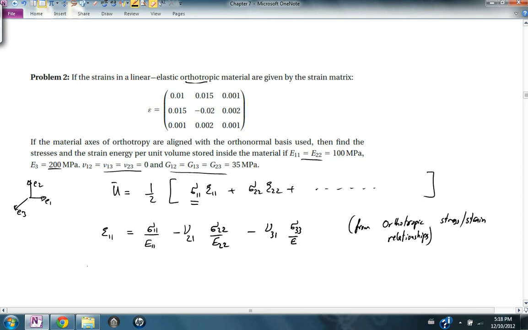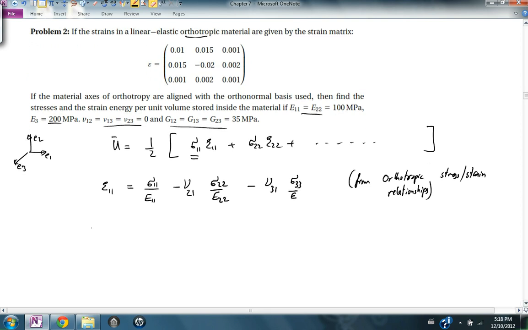So we can solve the stress strain relationship to find sigma 1 1, sigma 2 2, and sigma 3 3, which you will find to be equal to, you'll find that the stress matrix finally will be equal to 1, 1.05, 0.07, 1.05, negative 2, 0.14, 0.07, 0.14, 0.2 units of MPa,